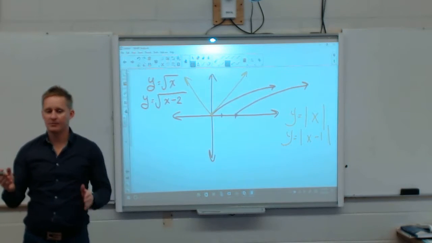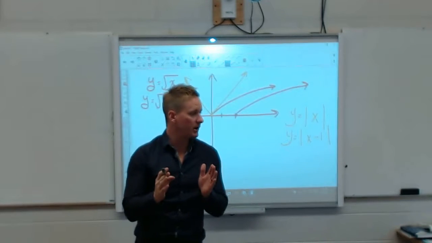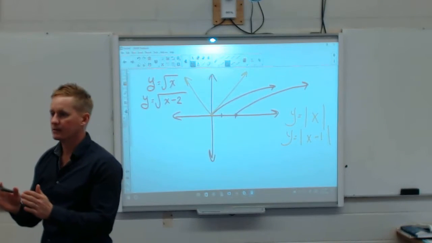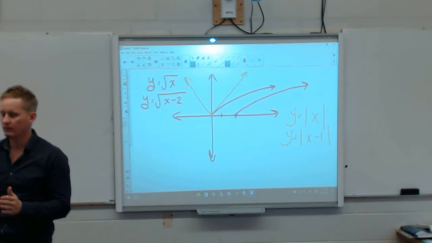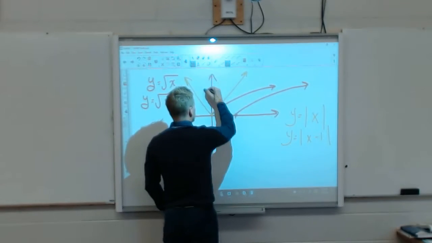Okay, if I consider the absolute value actually as brackets, which I should, it's in the brackets, so which way is this going to move then? Right. To the right one. So all of these